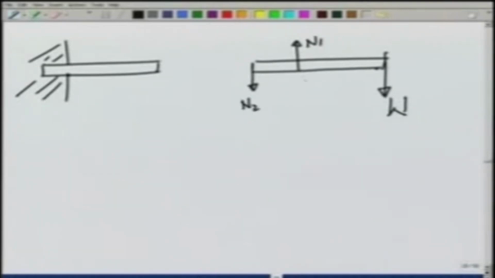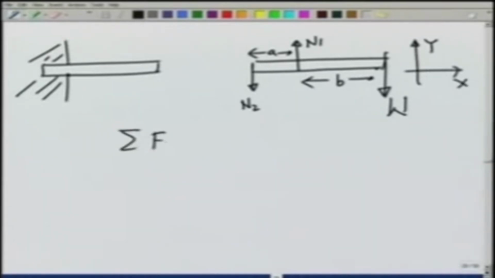Let us say this distance is B and this distance is A. Then since there is no force in x direction, I need not worry about it. I am taking x direction like this and y direction like this. Summation over Fy is equal to 0 gives me N1 minus N2 minus W is equal to 0,